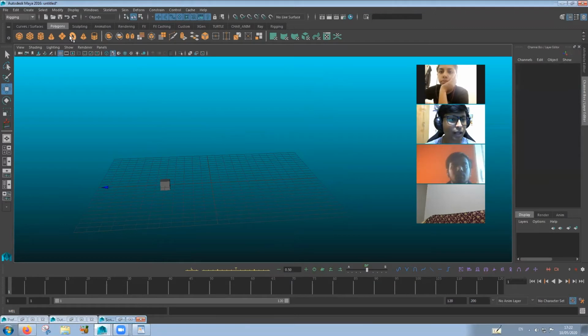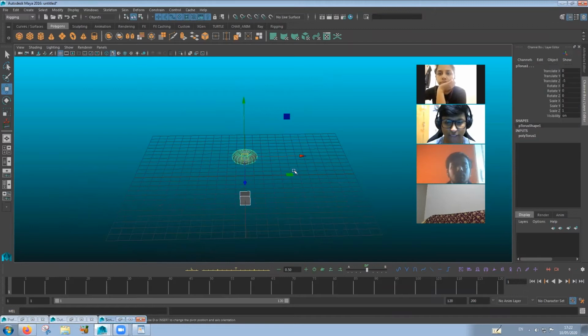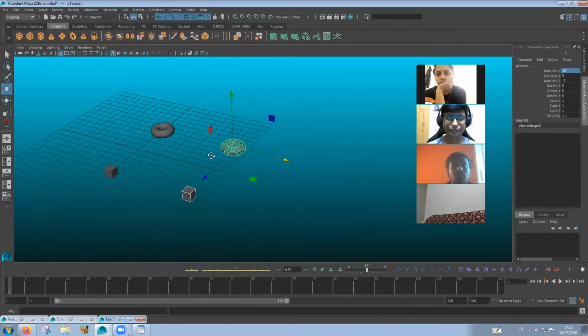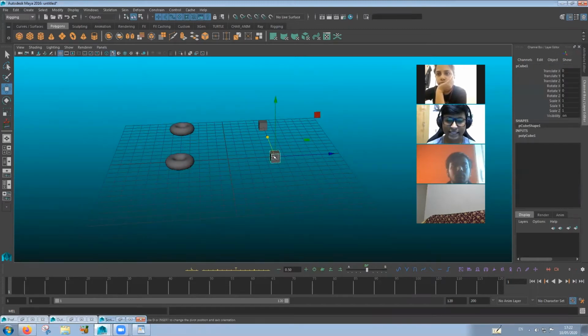I'm going to take a torus and move it in translate Z minus 5 units, that is the minus side of the grid. Then I'm going to copy them and move them to translate X 10 units. So we can see they are both 5 units apart from the grid.